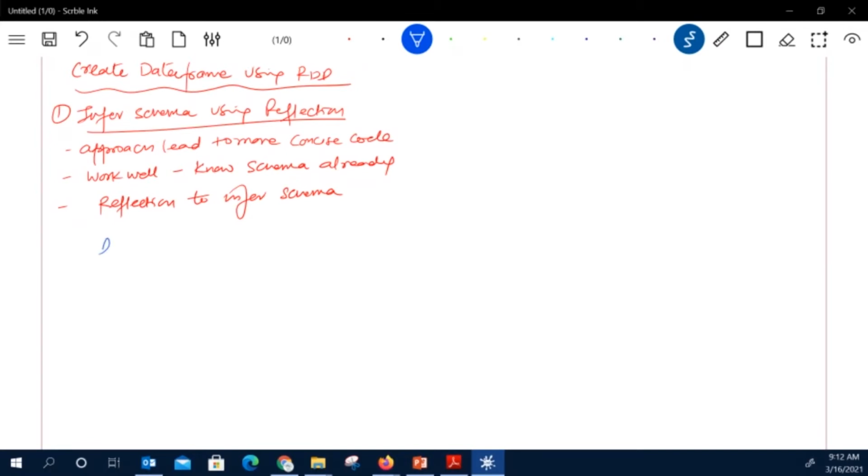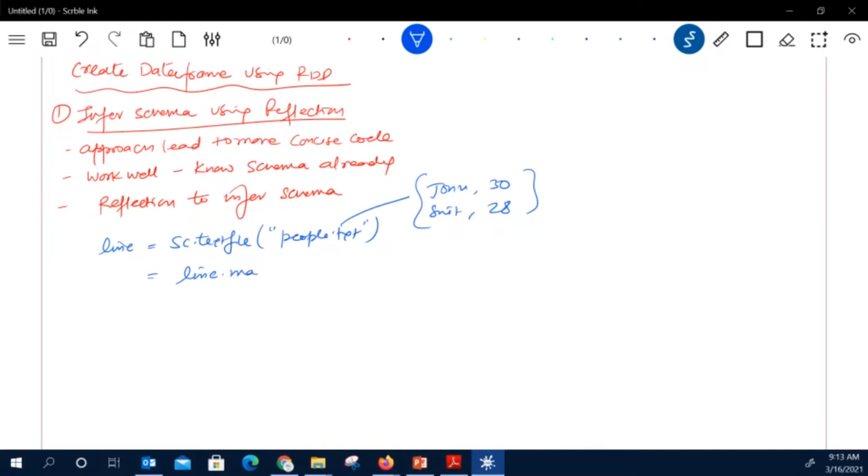Let's say you have an RDD called lines, and you are creating the RDD through the SparkContext textFile method. Let's say we have a text file, people.txt, and this file has, for example, John, comma, 30, Smith, comma, 28. So this kind of data is in the txt file, and we have created an RDD with the help of textFile.